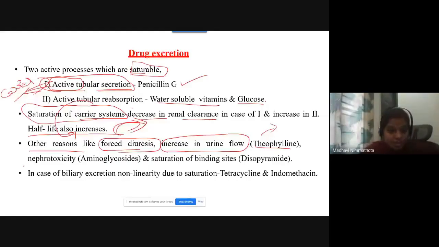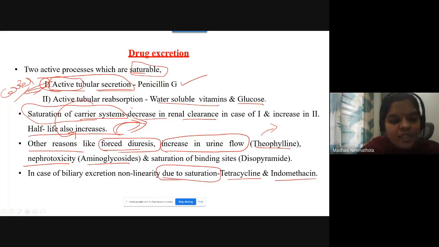which is used in the treatment of asthma, and in case of nephrotoxicity, aminoglycosides, in case of saturation of binding sites, disopyramide, and in case of biliary excretion, non-linearity will be due to the saturation. This may be seen in case of tetracyclines and indomethacin. So these are